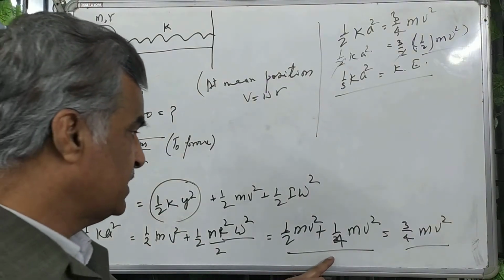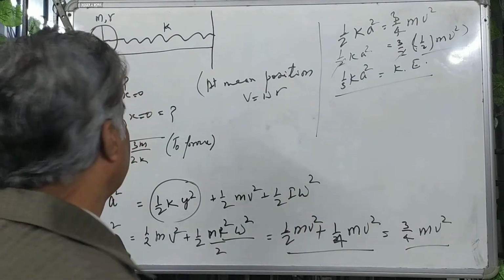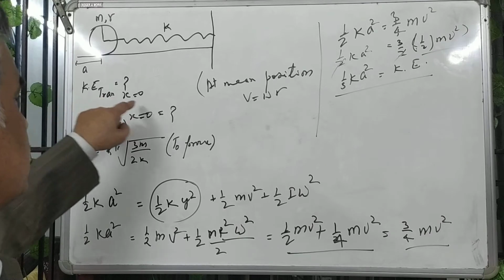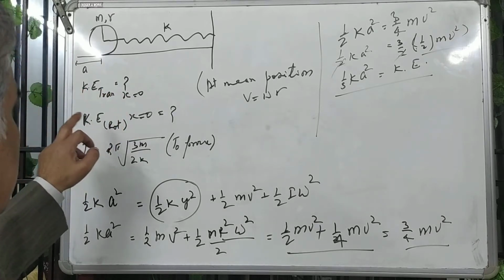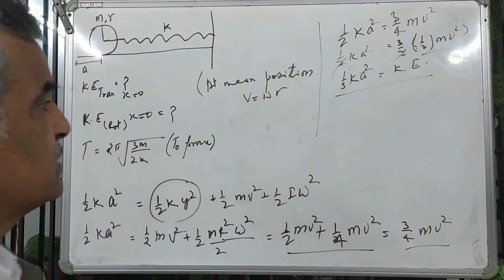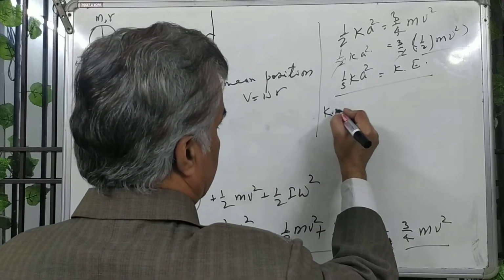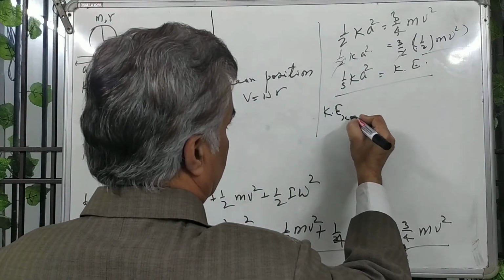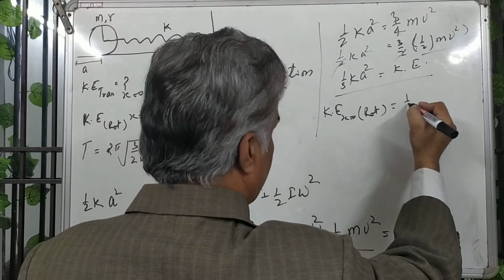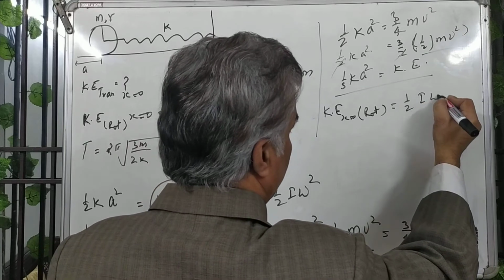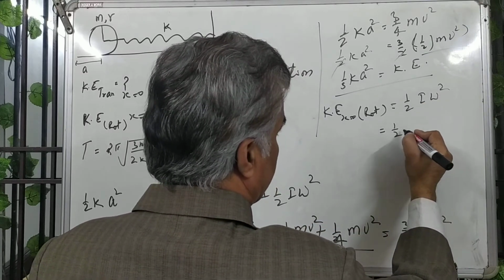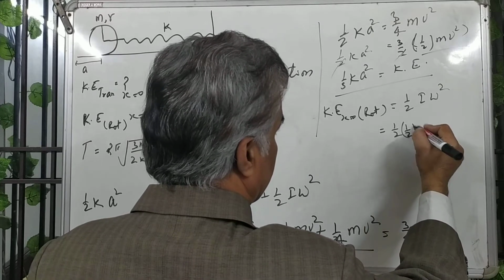So you have the kinetic energy, translational plus rotational kinetic energy. This is the rotational kinetic energy. So kinetic energy at x equal 0, rotational is 1 upon 2 I omega square. So this is 1 upon 2 times the inertia, half mr square,